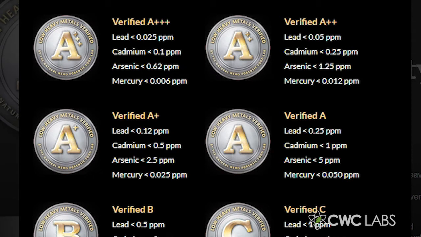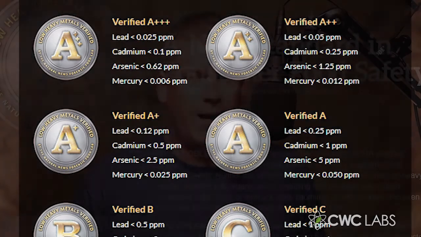It's also why with mercury, you have to have less than 50 ppb, or what's called 0.05 ppm, in order to achieve verified A. Why is that? Because mercury is highly, highly toxic. Mercury is the most toxic element on this list. So that's how you can determine whether the sample you sent in has a good level or a bad level